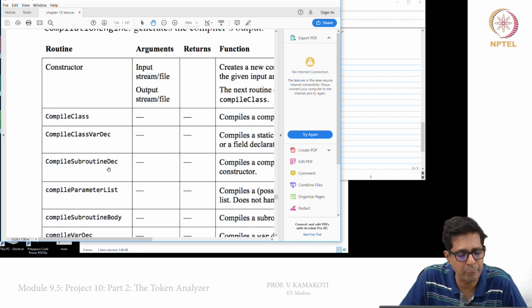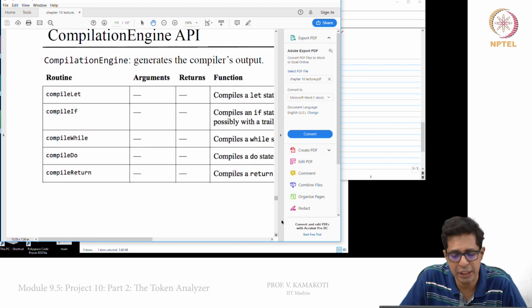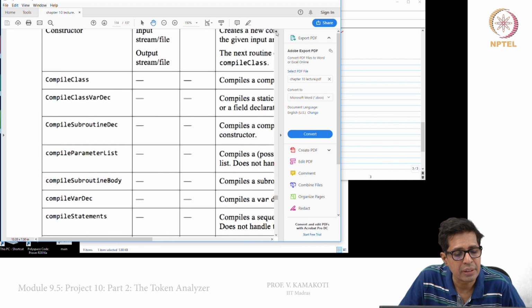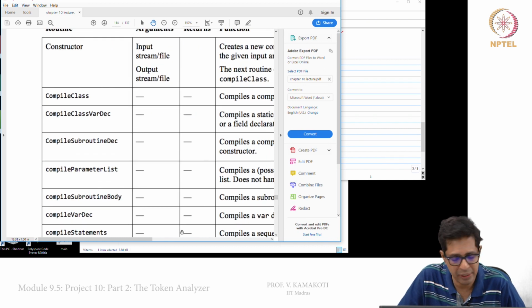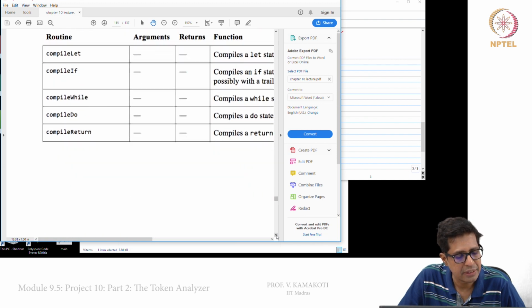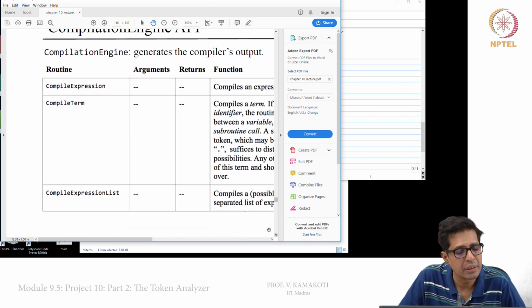Compile class_var dec, compile subroutine dec, compile parameter list, compile subroutine body, compile var dec, compile statements, compile let, compile if, compile while, compile do, and compile return, compile expression, term, and expression list.